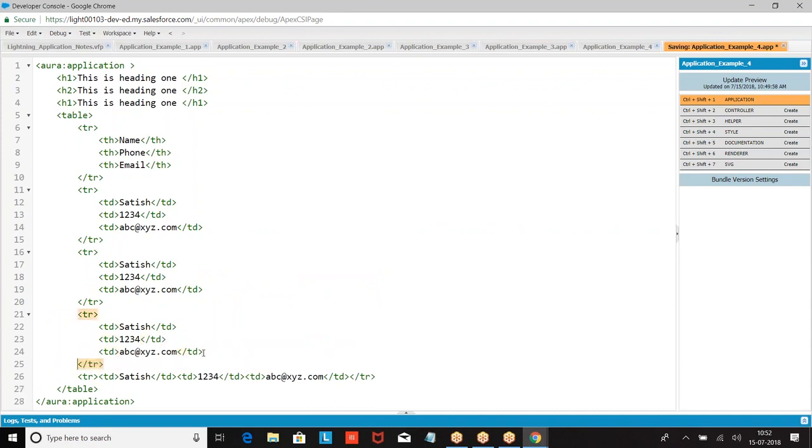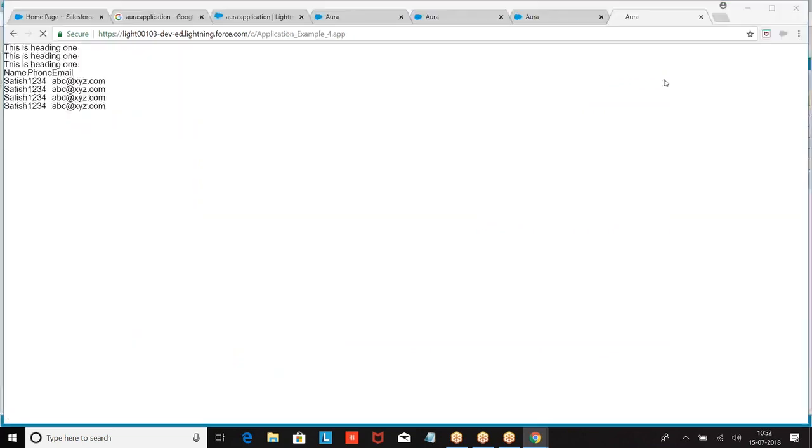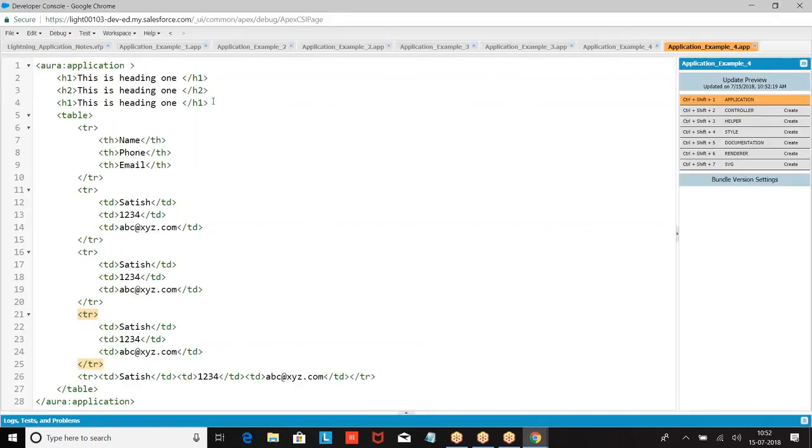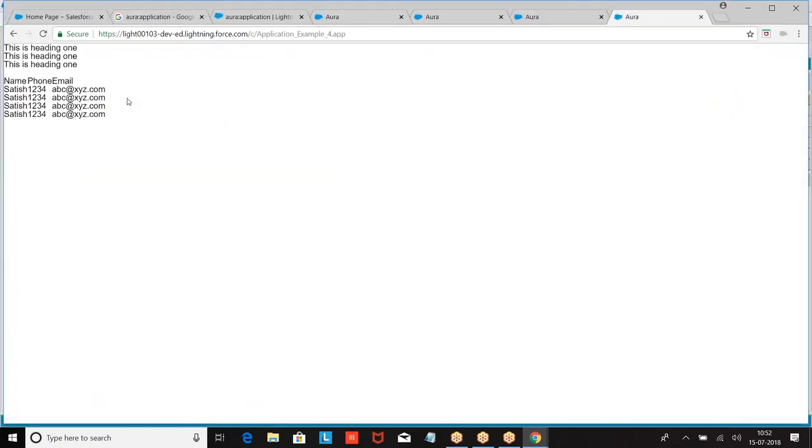This is how I give it. So table, TR, TH, TR, TD. Let's give some break here to get the space. This is how we give name, phone, email. If you want to get spaces or borders, you are supposed to go with CSS.